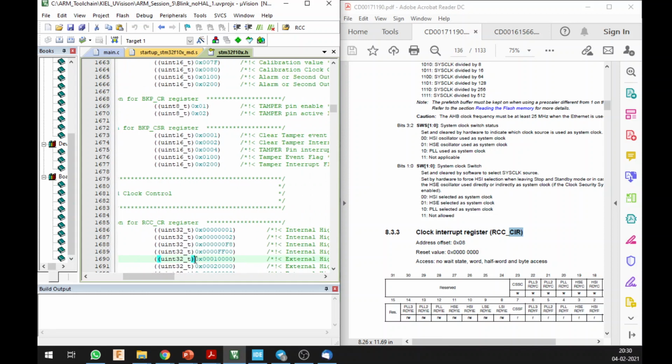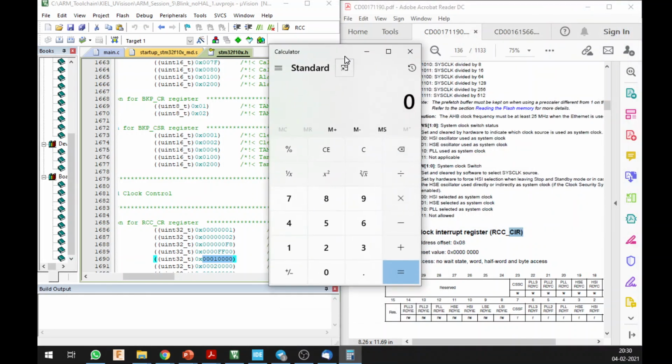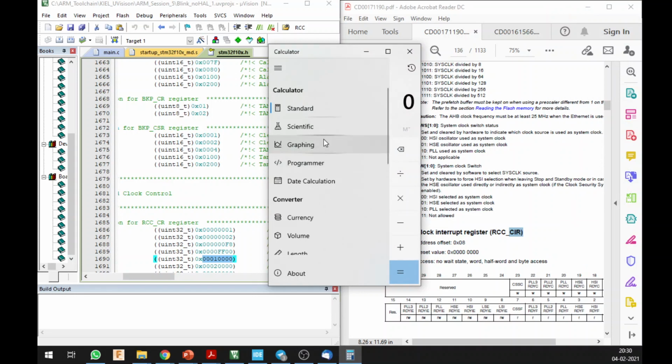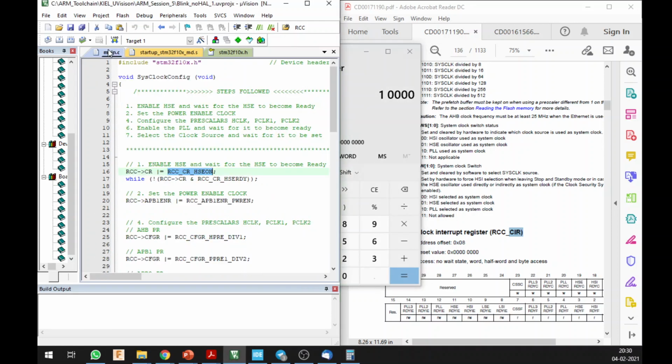And what is this basically? If you want to see the value of this in binary, the whole picture will become clear. So I will open my calculator. Over here in the calculator, I'll go to my programmer calculator, and I have the value in hexadecimal. If I enter this value and count the places, 1, 2, 3, 4, 5, 6, 7, 8, 9, 10, 11, 12, 13, 14, 15, 16. Okay, so if you start from 0, the 16th place over here is going to be in this particular register, the CR register. So the 16th place is going to be set if I do this particular command.